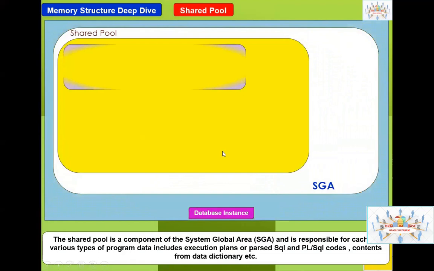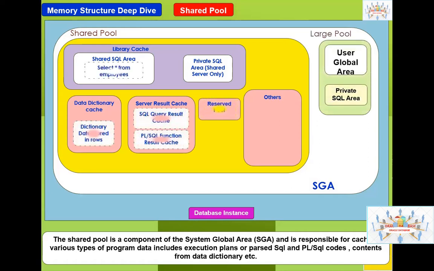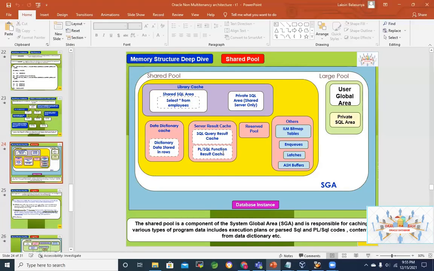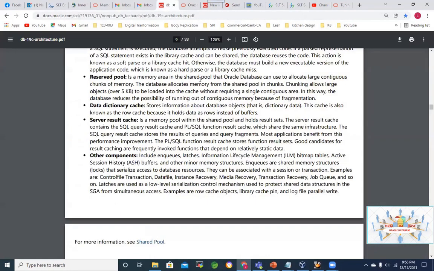So this is what we got to know, and we got to know the components like library cache, and I think we stopped on shared pool reserved size. So that is where we stopped. So let's continue to explain. As I mentioned in the last session also, we have been referring to two main documents actually. One is from Oracle documentation, and the other one is the Oracle technical documentation. This is what we have been referring to for the architecture.